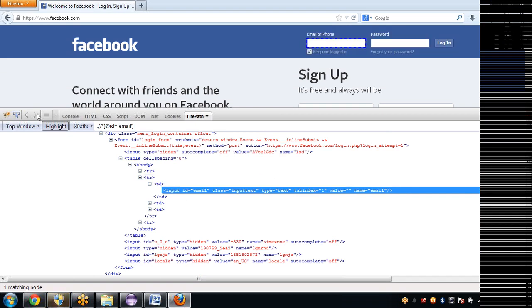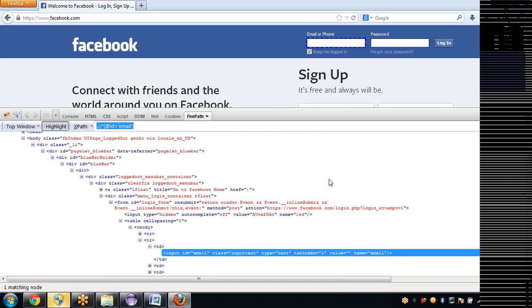If there is nothing, then go with XPath. XPath is an address. These properties, like ID, class, and value, are specific to that element, whereas XPath will start from the basic start. It's like the address where you exactly stay. For example, you stay at place X.